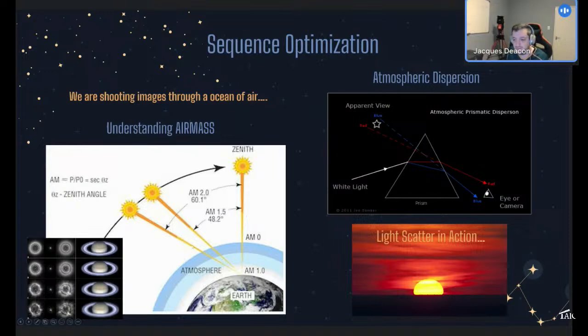There's no two things about that. So just for interest here, you can see that at zenith, you are shooting through only one air mass. But as your target gets lower and lower, you are shooting through more air masses, and that can really affect your images. So this is about, let's say, 42 degrees altitude, you're already shooting